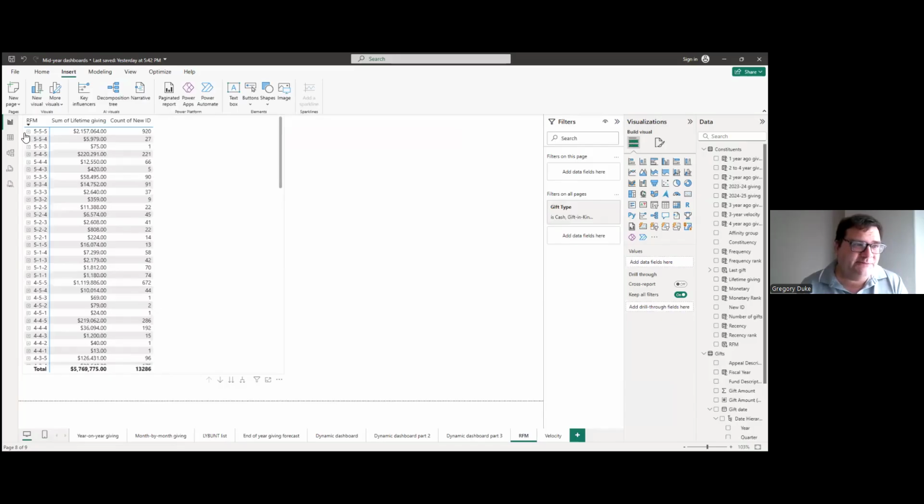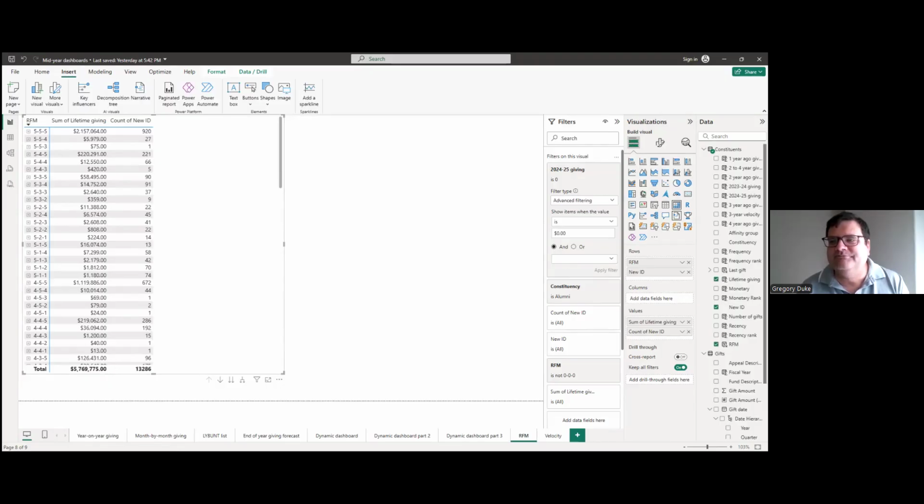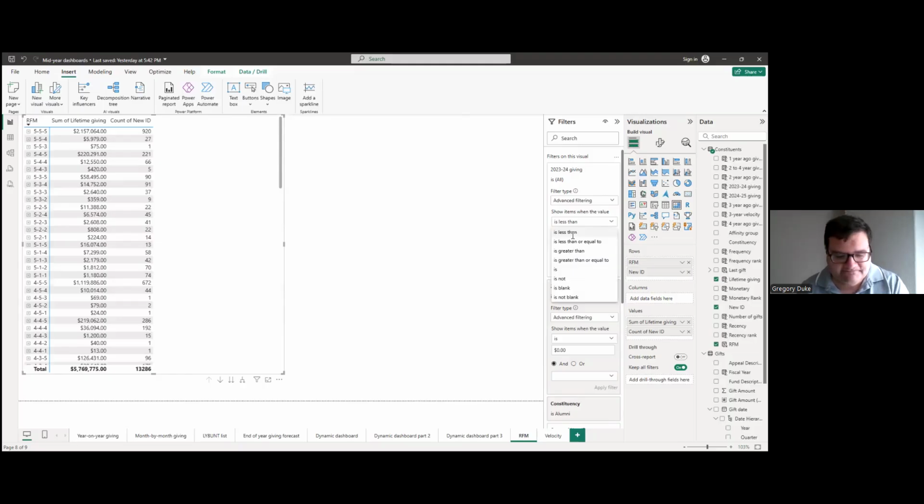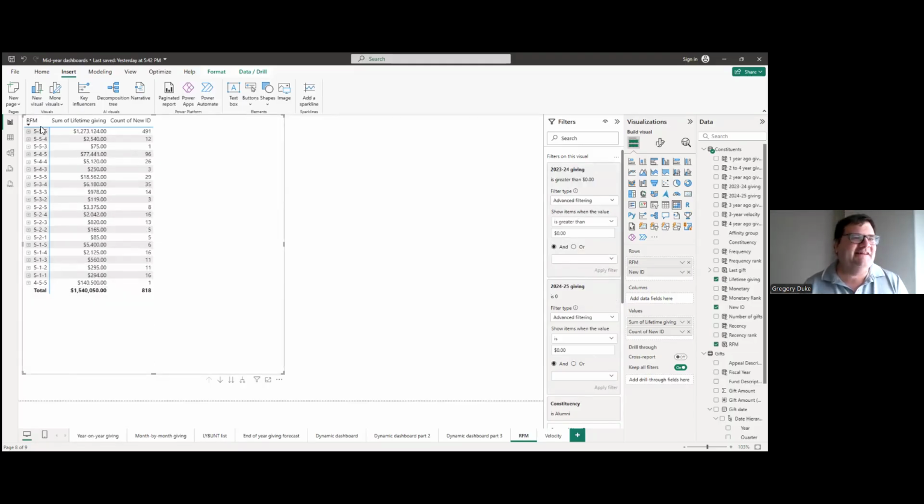But having built the RFM score, what you can now do is build a little chart of people who have not yet given this year, and I'll even add they have given last year. So now what we're seeing is that for recency, we've cut out all the 3s and 1, 2s, and 3s because they have given recently. They gave last year, but now we can look at the people who really gave a lot lifetime.